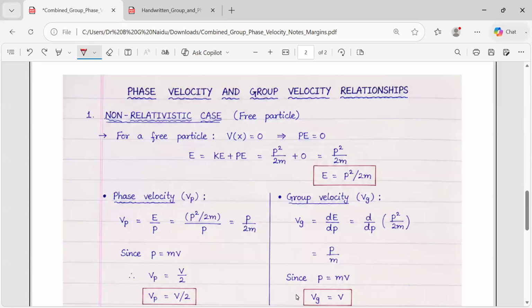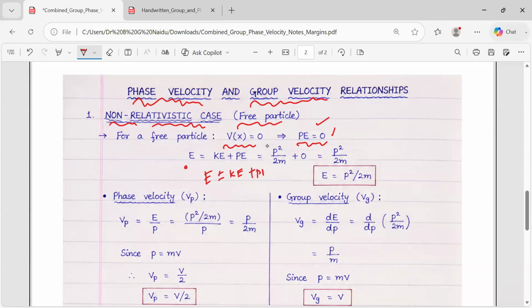Hello everyone. In this video, we are going to discuss the very important relationship between phase velocity and group velocity. In the non-relativistic case for a free particle, the potential energy is zero. It will have only kinetic energy. So we know that total energy equals kinetic energy